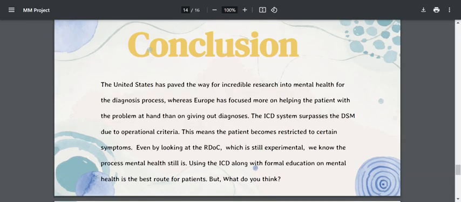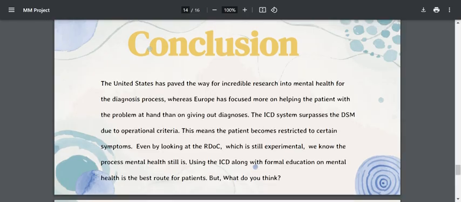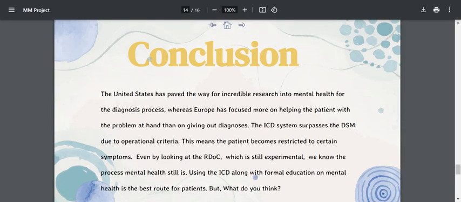In conclusion, the United States has paved the way for incredible research into mental health for the diagnosis process, whereas Europe is focused more on helping the patient with problems at hand than giving out diagnoses. The ICD system surpasses the DSM due to operational criteria. This means the patient becomes more restricted to certain symptoms. Even by looking at the RDoC, which is still experimental, we know the process of mental health still is. Using the ICD along with formal education on mental health is the best route for patients. But as students, it's up to you to decide, what do you